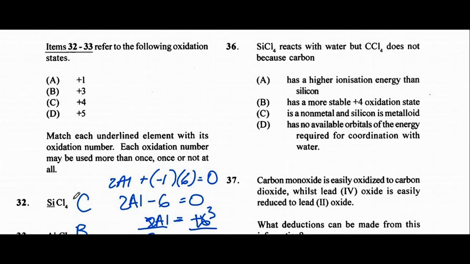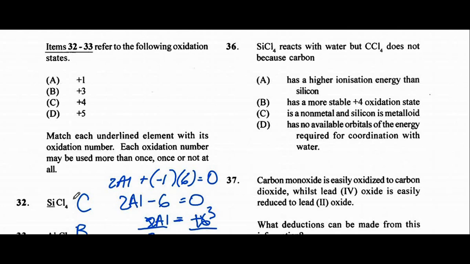It says silicon tetrachloride reacts with water, but carbon tetrachloride, I also think that is tetrachloromethane, does not. Wait, what? Silicon tetrachloride reacts with water, but carbon tetrachloride does not, because carbon